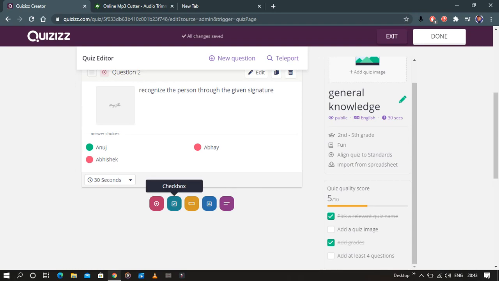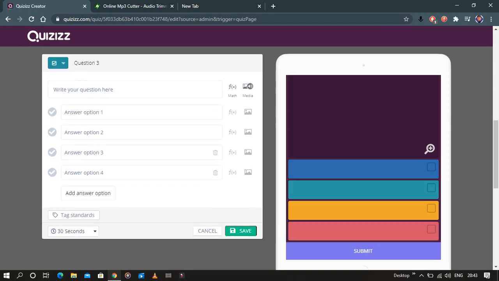Now let's click on checkbox. So checkbox is that thing when you have multiple correct answers. Okay, so where is Taj Mahal? Okay, so this is my quiz.